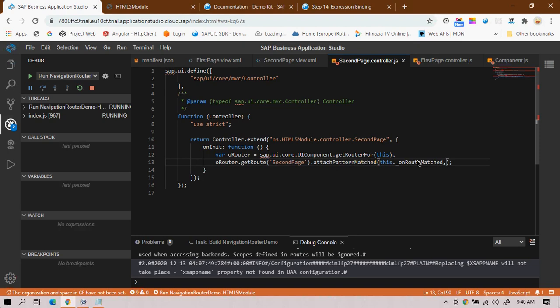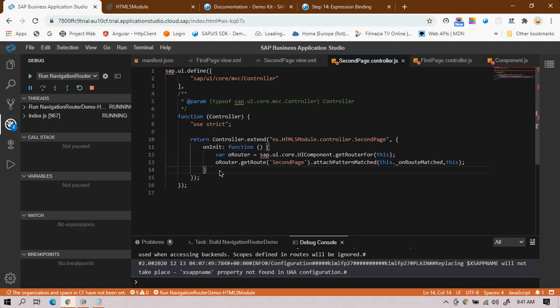You can give any name in this; it's a custom name, and this function will be triggered when the pattern changes in the URL. So what I've done is attached the pattern matched method to this route. When I get the second page, this event will be triggered, and once it is triggered, it will call this function onRouteMatched, and the second parameter takes the page instance, this.